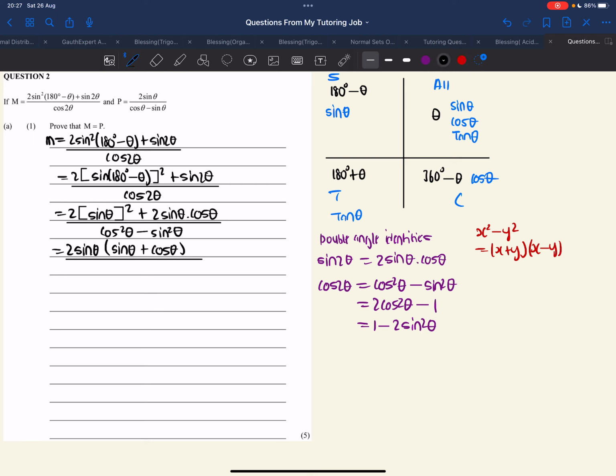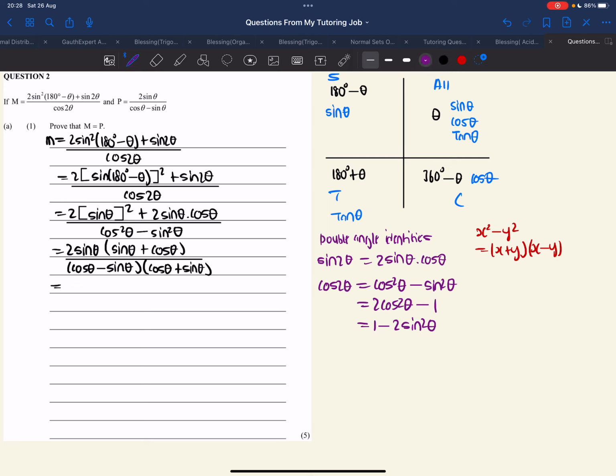So let's do that for those ones: (cos theta minus sine theta)(cos theta plus sine theta), and you're going to say equals